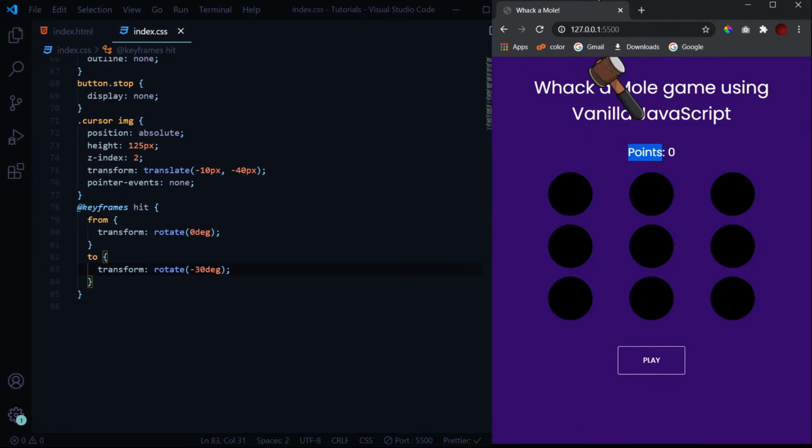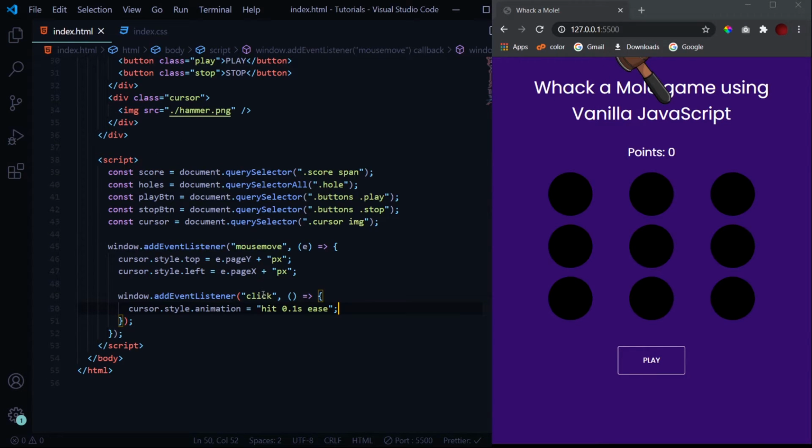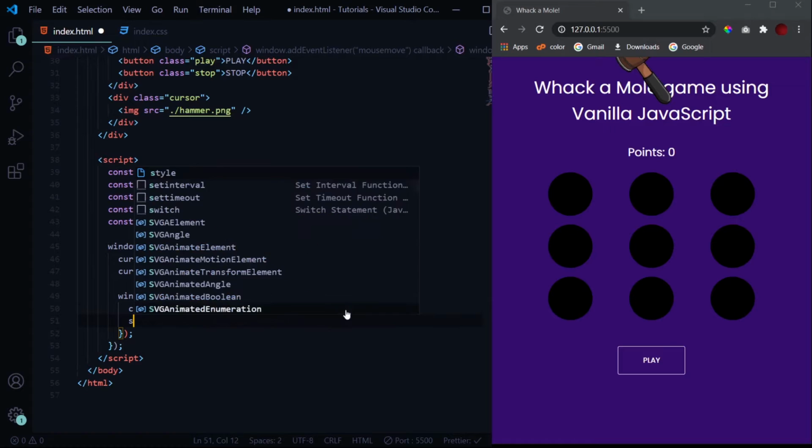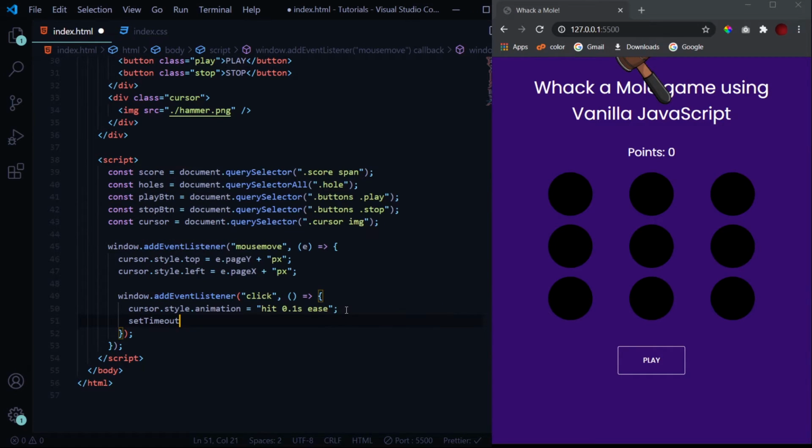Now when I reload and click, this hammer animates such that it is hitting something, but this animation works only once. When I am clicking again, it isn't working again and again. So this is only a one-time thing. To make it work multiple times, we need to remove this animation after it has completed once. So setTimeout, the animation takes 0.1 seconds, so after 0.1 seconds we need to remove this animation.